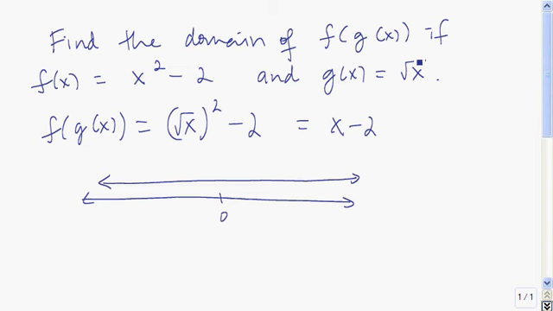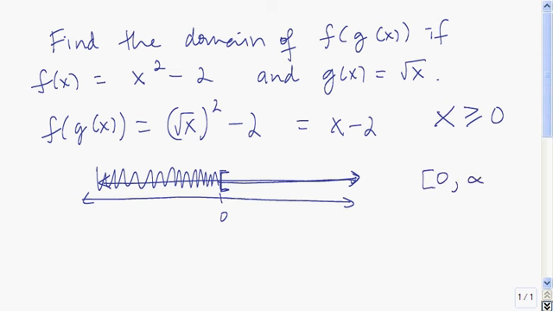Okay, so for the original input, since I'm taking the square root of x, I know that x has to be greater than or equal to 0 because I cannot take the square root of a negative number. So here, for all these values of x that I got from looking at the simplified version, I now have to throw out everything that can't be plugged into here. So I have to throw out all negative numbers. So none of those guys are in the domain. I'm going to start at 0 because 0 is allowed for this, and everything above 0. Therefore, the domain of f of g of x in this problem is from 0 to infinity,